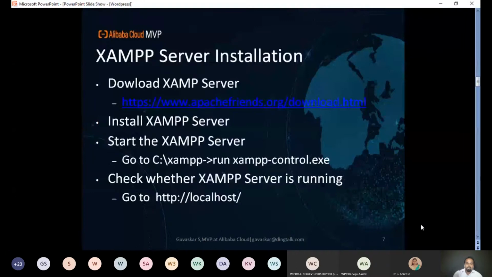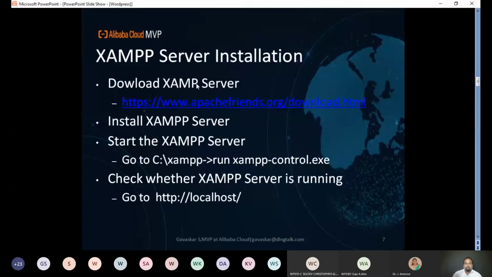Okay, that's the advantages. So first we are going to see how to download and install XAMPP server. One more thing to know here: I am using XAMPP for Windows. If you are working with Linux, I don't have a demonstration for it, and you have to download and install LAMP stack. I am proceeding with the Windows installation, so I will download and install XAMPP first, and then download and install WordPress.